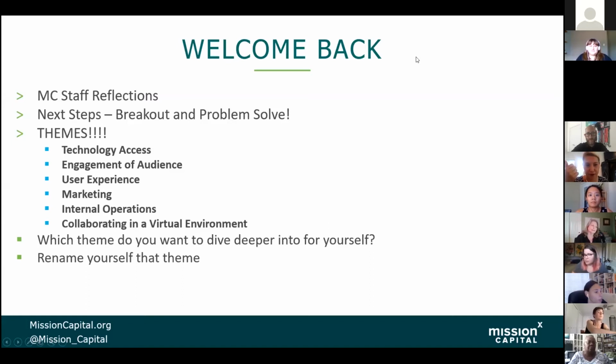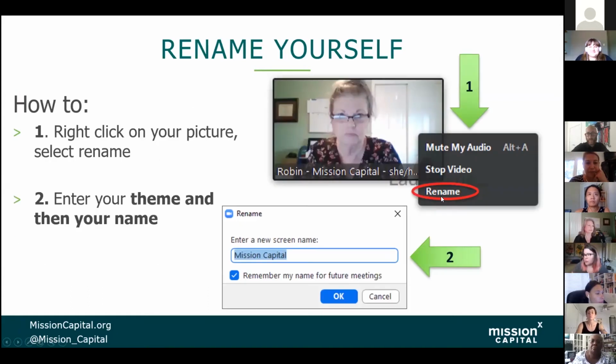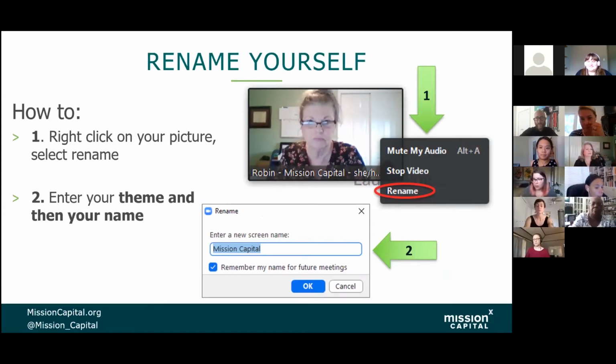Similar to how you renamed yourselves when you joined, we're going to ask everyone to rename themselves with the group that you want to work in. I'm going to have Min share the next slide, which shows how you can change your name. And if you're wondering what the groups are, look in the chat, Matt's adding them, so they're there.